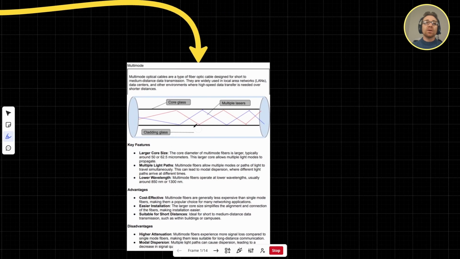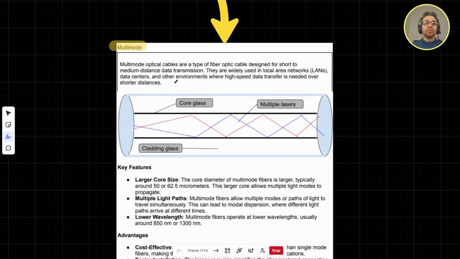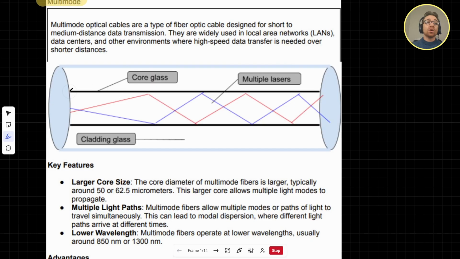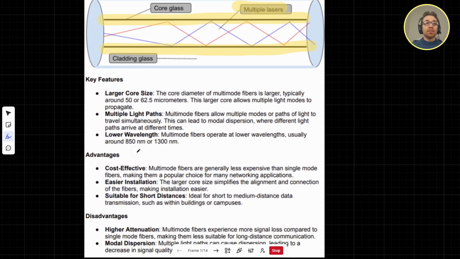Now, contrast that with multi-mode fiber optic cable, in which case the core glass, you can see it's a lot wider now, isn't it? Right? It's a lot wider, and you also have multiple lasers coming through the middle, right? You've got 1, 2, you could have more as well. Now, it's still super fast, but